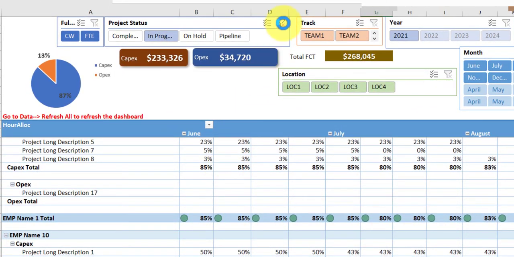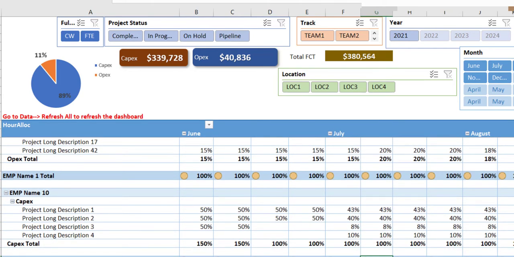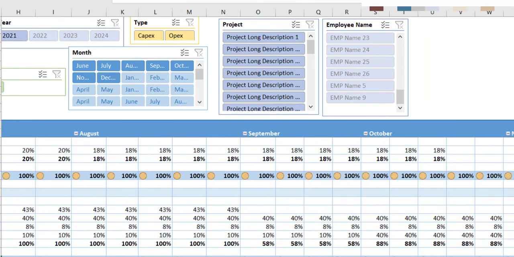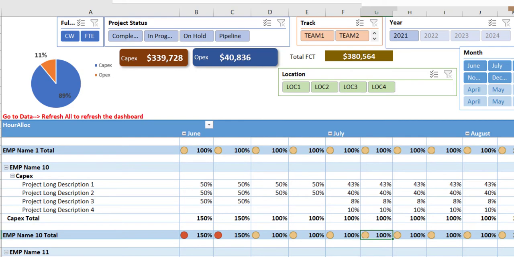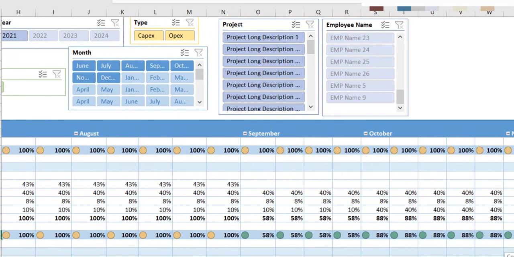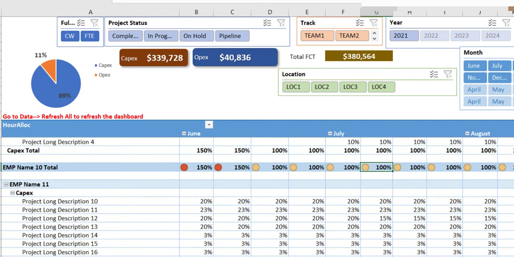So suppose if I remove this filter, it will show everything everybody is allocated to. And now you can see that it's all 100% allocated for employee 1. That means I do not have any room for further allocation till the end of this year. Similarly, for certain employees like employee number 10, here you can see that in September there's only 58%, it's green. That means you have some capacity available and you can allocate to a new project. Here you can see that during the month of June, a couple of weeks, the allocation is really high, so you want to revisit it and see whether you have properly allocated the resources or not, or whether the amount of hours is too much or too little.